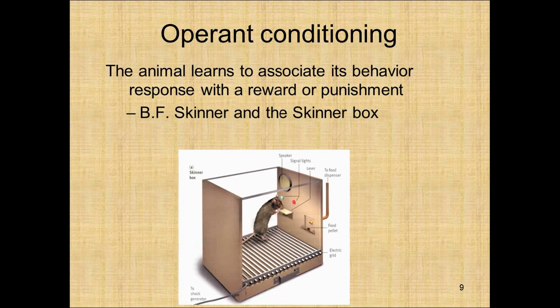The Skinner box had been modified at a later date by other experimenters. In this case, a series of wires were added to the bottom of the cage. These wires would give the rat a small shock if it didn't behave in the way that the experimenter wanted. So the experimenter would turn on a light, the rat would then go over and push the lever, and the food would come out. If it didn't go to the lever, or it didn't go to the lever fast enough, it would get shocked. And so in this case, it would go to the lever and push the lever quickly to avoid being shocked, to avoid a punishment.